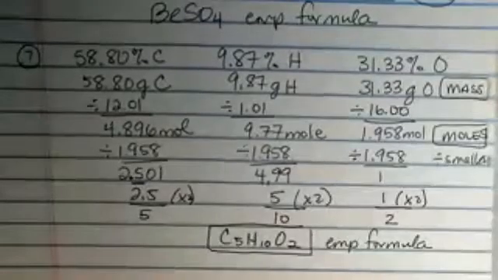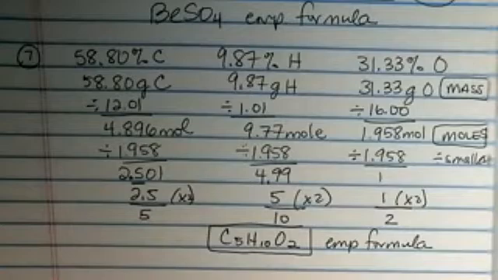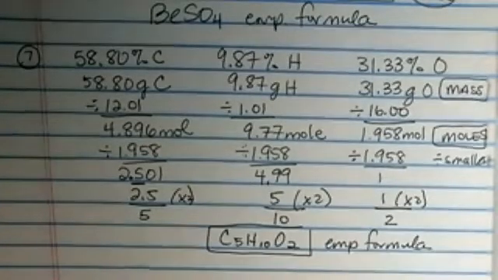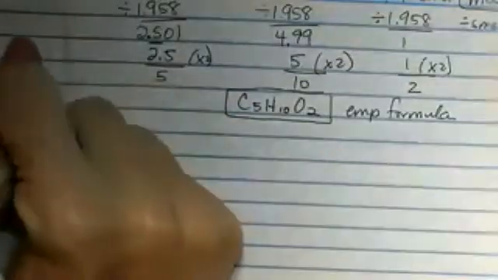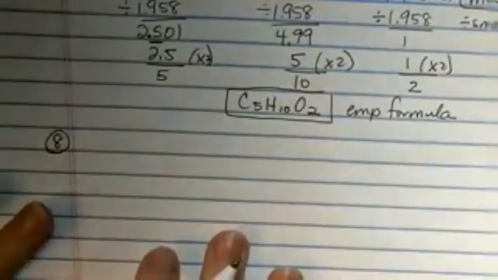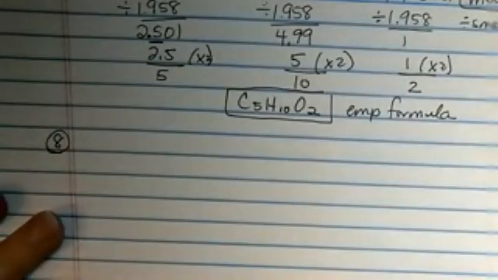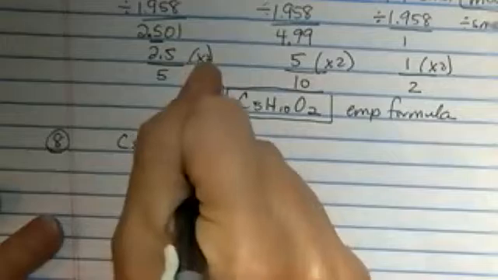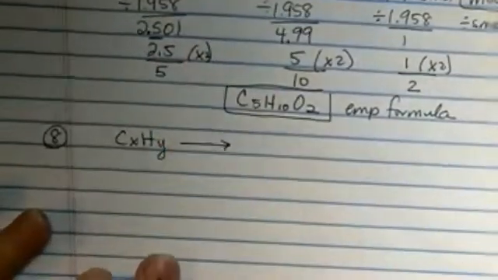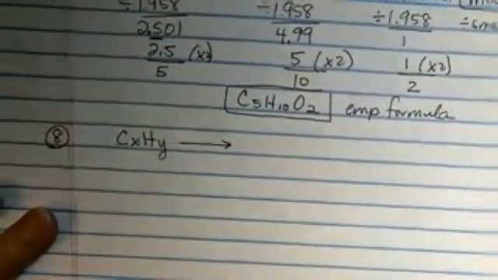Now, the percent composition from a combustion analysis, that was the one that we really didn't do in intro chem. So that's the one I wanted to make sure and show you how to do. So this one has a little bit more work to it. So next question here. It says we've got a combustion analysis of naphthalene, which is a hydrocarbon. And this hydrocarbon, which only contains carbon and hydrogen, when it goes through that combustion reaction, it says that it produces